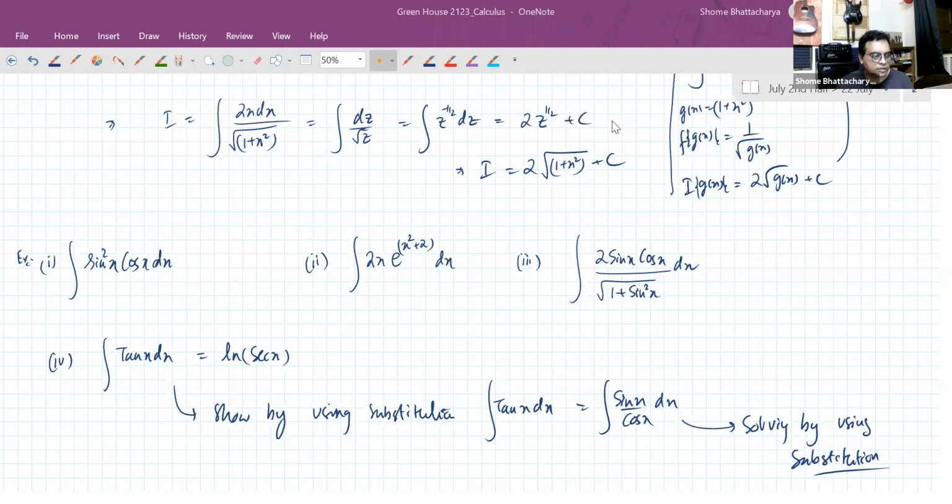Okay, people, let's check out the answers. It's very good. The answer of the first one is sin cube x by 3 plus c. Arushi, that's correct. The second one will become e raised to the power x square by 2 plus c. The third one will become